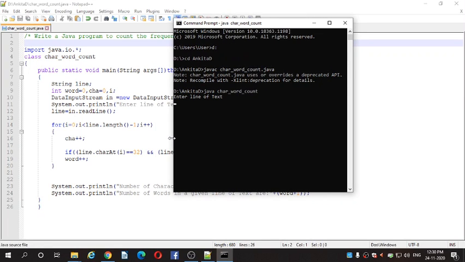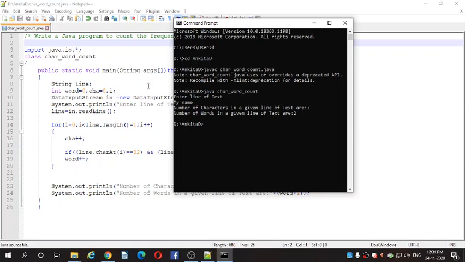It is showing you the message enter line of text. You have to enter your line. I'll pass my name. Okay, and press enter. It is giving us the number of characters in a given line of text are 7.